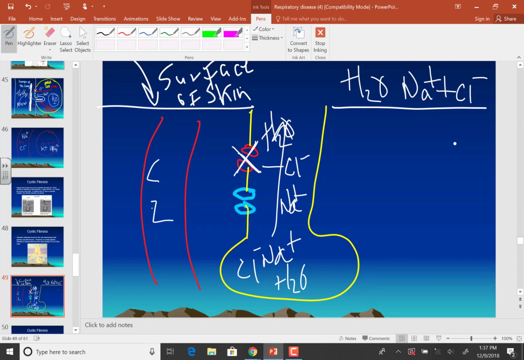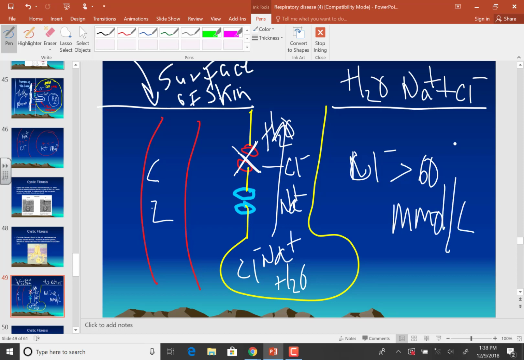So what they'll do is measure the sweat. They'll put a little gauze on the arm, sop up the water and the sweat, and then have it chemically analyzed by a machine. And if the amount of chloride is greater than 60 millimoles per liter, then that's diagnostic criteria for cystic fibrosis. So the sweat test, along with